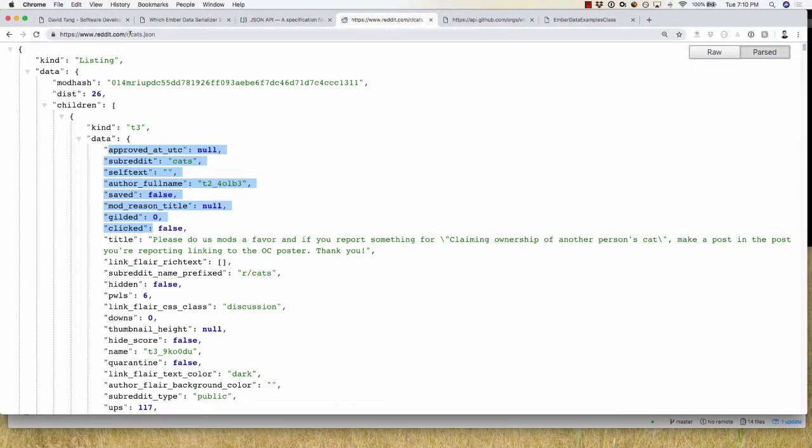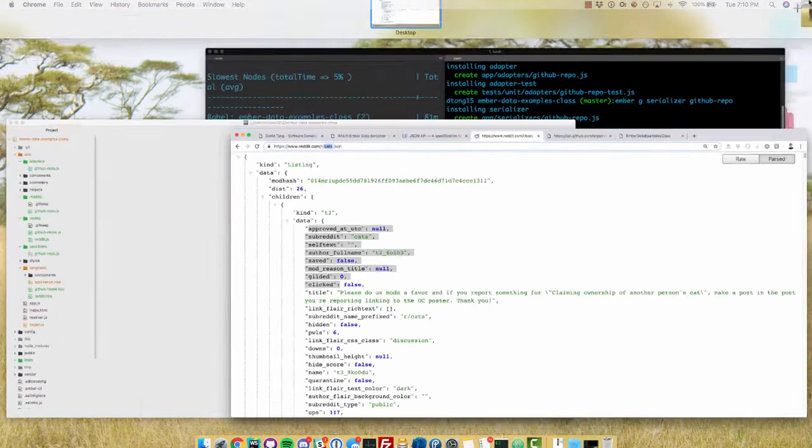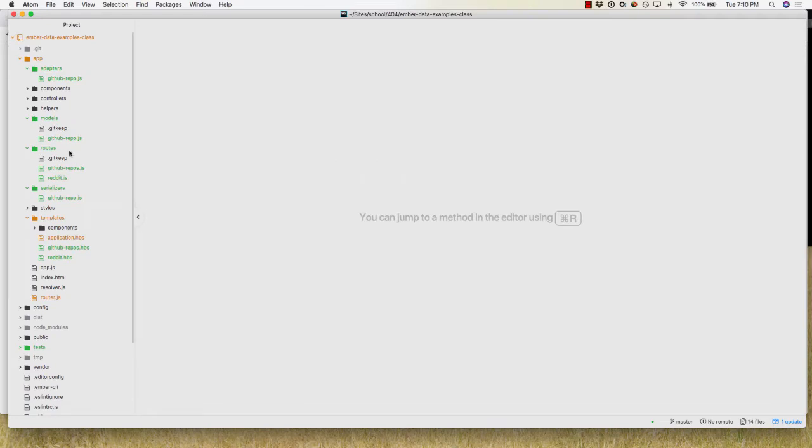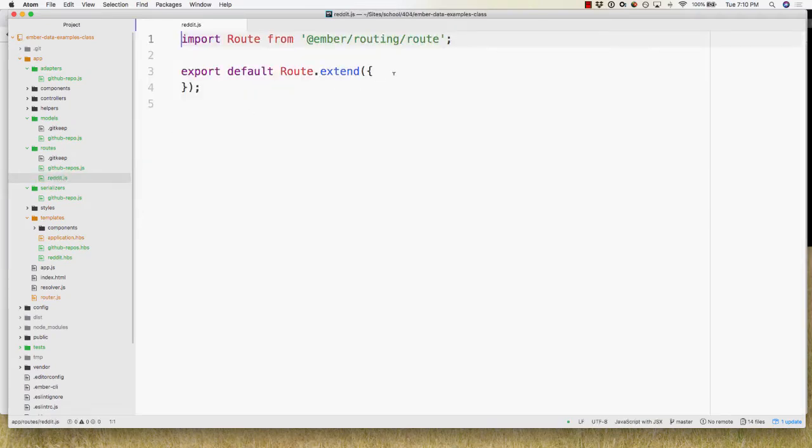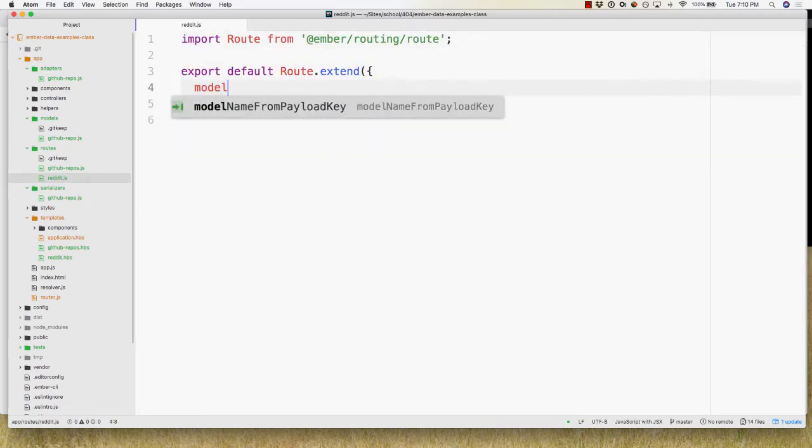Okay, so this one's similar to the GitHub repos one, where I want to get all, we can call it Reddit posts. Each one's a post. But we're not getting all of them. We're only getting the ones related to cats. So if we go to our route and we add a model hook,